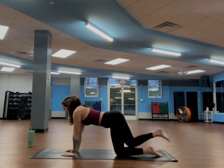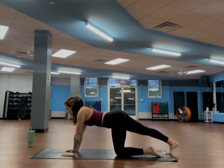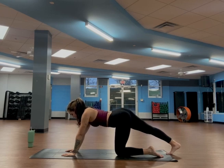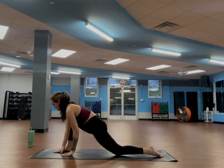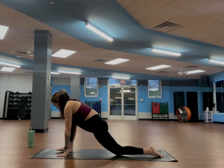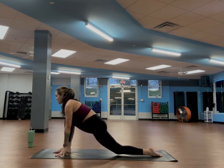Perfect. We're going to send that right leg nice and straight back behind. We're going to find a little calf stretch. So we're going to shift our weight back, finding this calf stretch here. Good. From here, we're going to take our right foot all the way to the outside of our right hand. Slowly start to bring that hand to the outside, bringing your foot in between both hands, and we'll find our